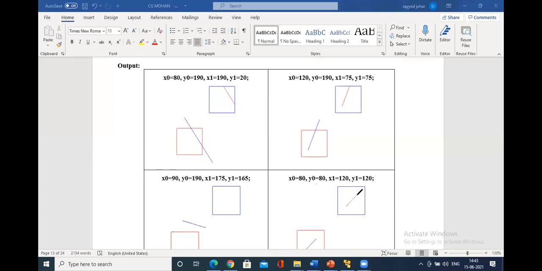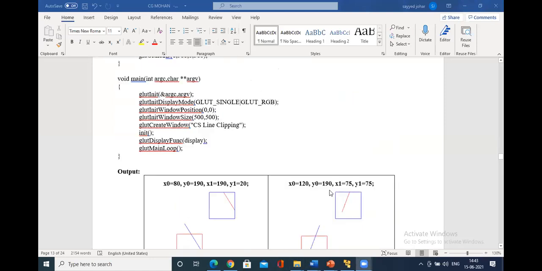The line is growing in this way. Here in this case, x0, 80, 180, these points, and x1 is 190, y is 20. These lines. Try to understand. So I will forward this document so that you are able to analyze how exactly the input is given